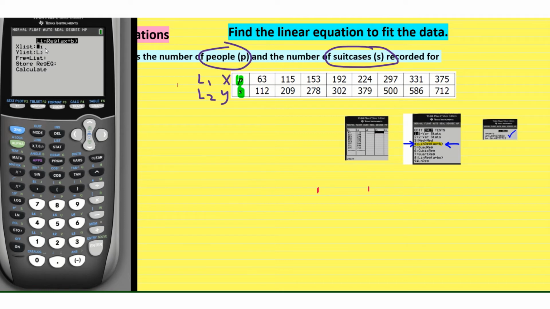Now, for some reason, it doesn't say L1 and L2. You would actually change it using your blue second button, and down here is L1 and here is L2, above the 1 and the 2. But anyway, it does have L1 and L2, which is what we want. We want to look at list 1, list 2, which contains our X and Y values, which represents our people and our suitcases. Okay, so we're just going to push enter, enter, enter, enter, and enter, and it's going to